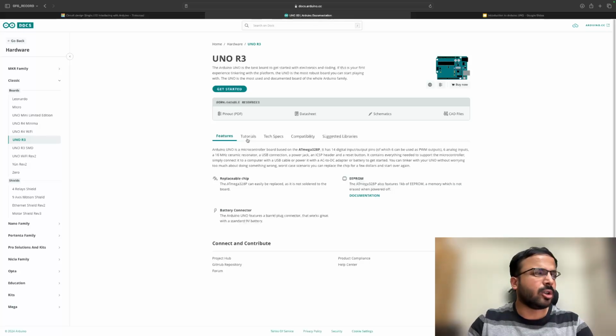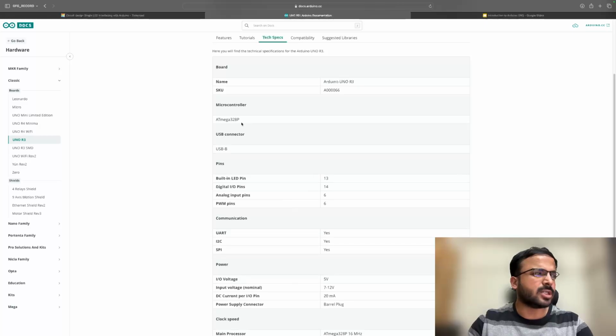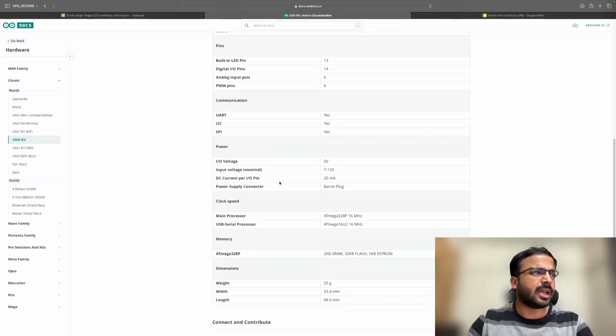And here you can get all your tutorials and your tech specs, whatever we have discussed. What is the USB connector? What is the microcontroller? How many digital IO, analog IO? What communication protocols are present, what is the power voltage, and all those things are part of this link. It's very open source and you can go over it to get more complete information. But as we build more and more circuits, we'll be clearer on the Arduino board and its functions, and we'll also go over